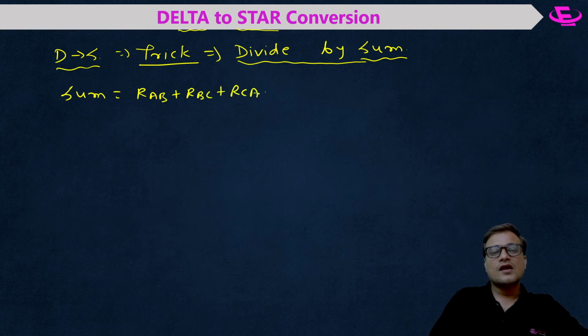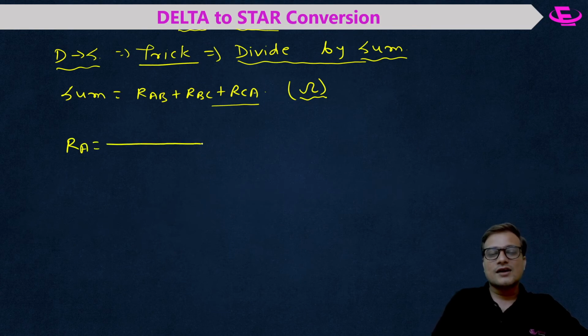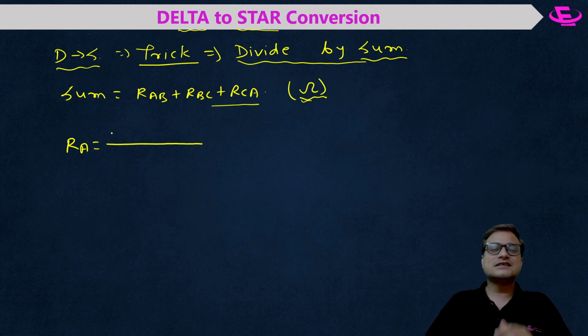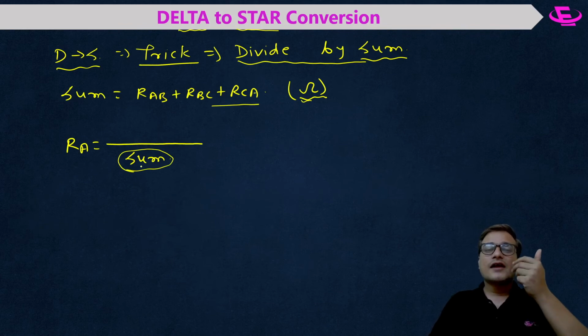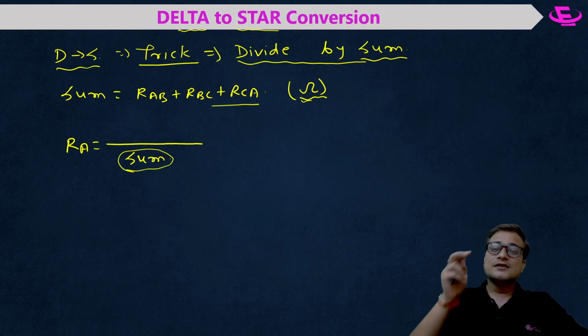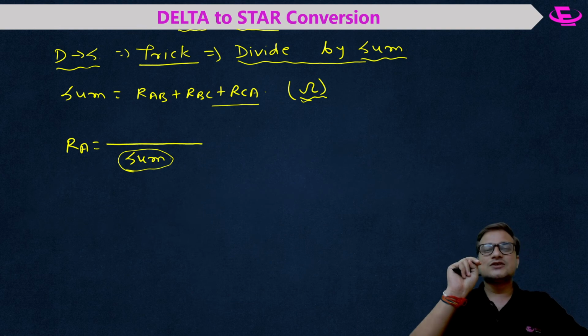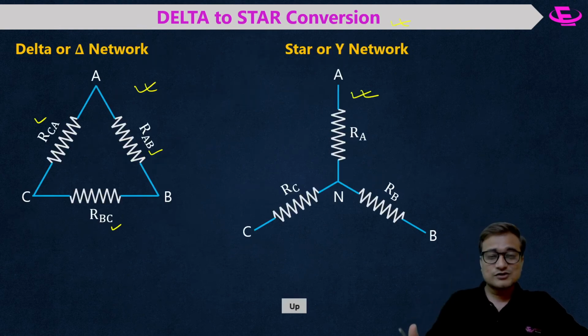What is the unit of this? Sum of resistances, unit will be ohm. So again, now you have to calculate Ra. Again there will be a term in numerator and another term in denominator. Here it is ohm, so from here you can very easily say the sum will come at denominator. Now at numerator, the product of any two resistances should be there. So let us find,